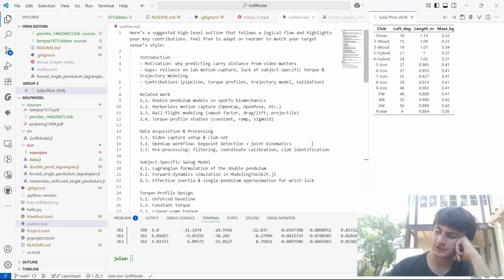The introduction of computer vision software like OpenCap